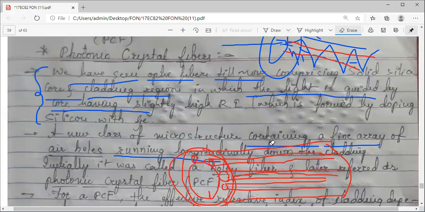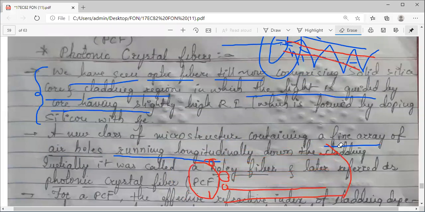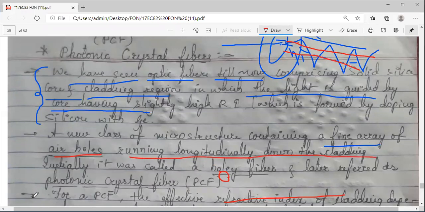So how are these new photonic crystal fibers formed? These new microstructures contain a fine array of air holes running longitudinally down the cladding. I'm using the word cladding, not the core, because once we go to the structure, you will understand where the air holes are actually formed.